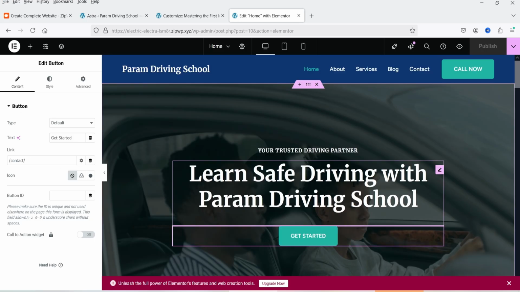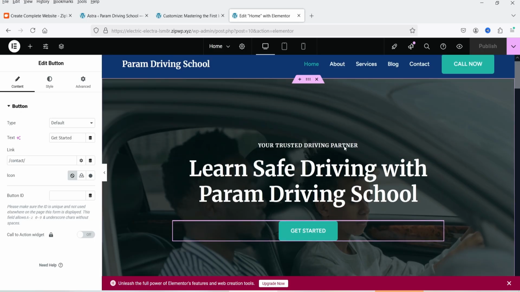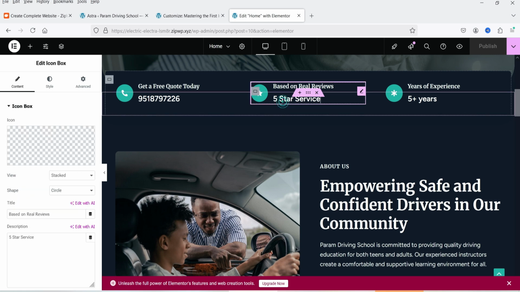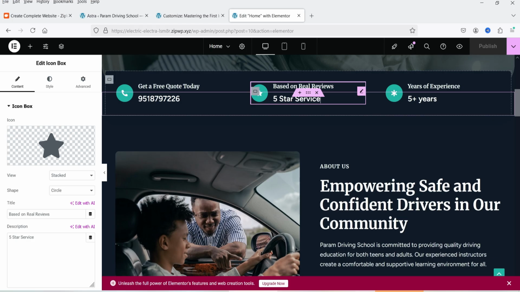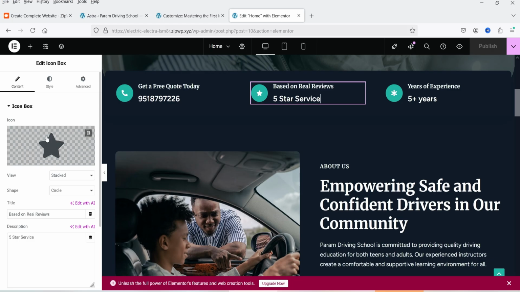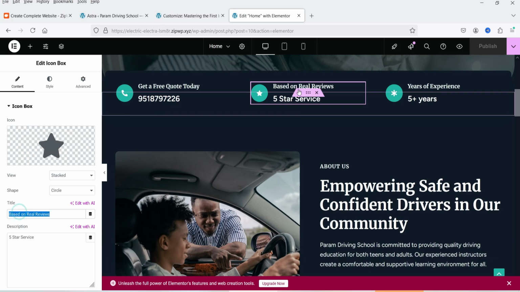So if you want to customize any content on the website, you simply need to click on that content and in the left hand panel you will see an option to customize it. For example, this is an icon box and if I want to change the icon or content, I can simply click on it and from here I can change the content. So this is the icon and this is the title, you will see it here, and this is the description,